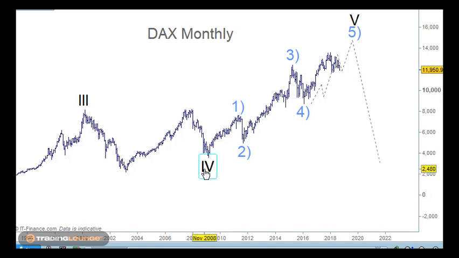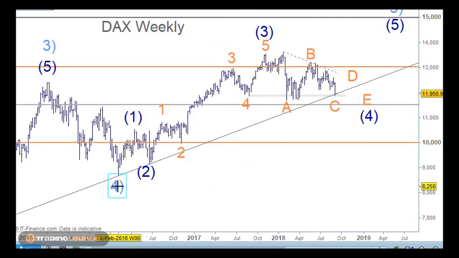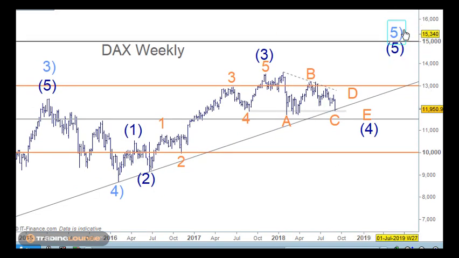But anyway, from this wave 4, wave 1 and 2 here, nice strong third wave, and wave 4 here, and then we're looking at wave 5 moving up through here. So from the monthly to the weekly chart, picking that wave 4 up here, we're counting 5 waves up for wave 5. So we've got wave 1 and 2, and 1 and 2, nice strong third wave, fourth wave and fifth wave. It's debatable if this can be here or here, not that it's a huge issue at this stage, because we're past it,